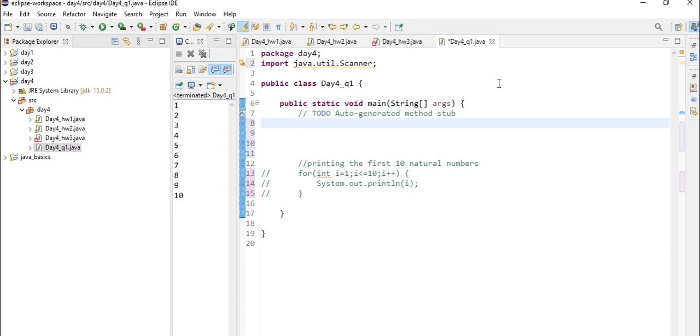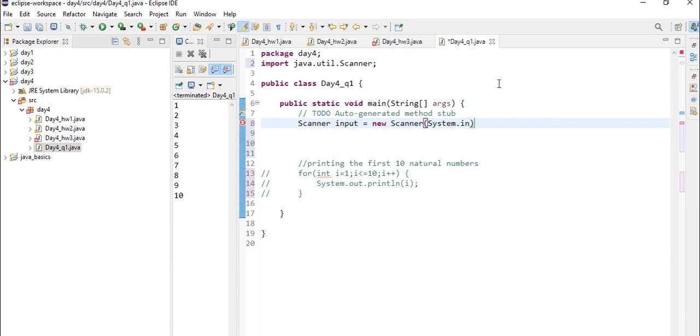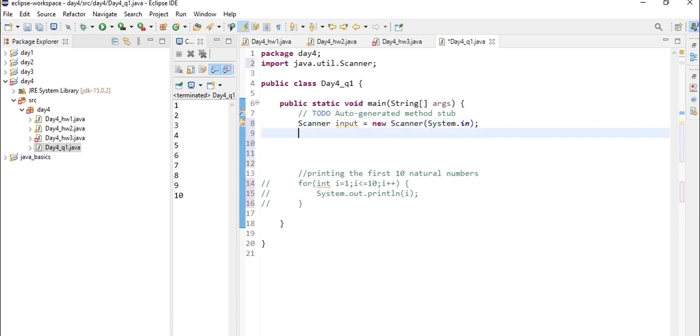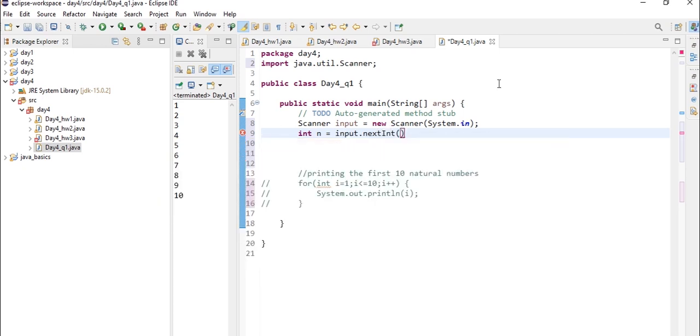First we have to create an object, that is Scanner input, the object name, is equal to new Scanner of System.in, that is input. And now let's declare a variable n of int data type, that is integer data type, is equal to input dot nextInt, which is a method. nextInt is a method available in the Scanner class of the util package in Java to take the input of an integer from the user.